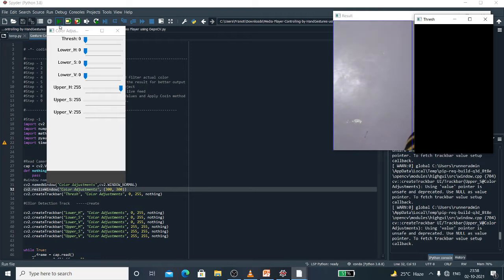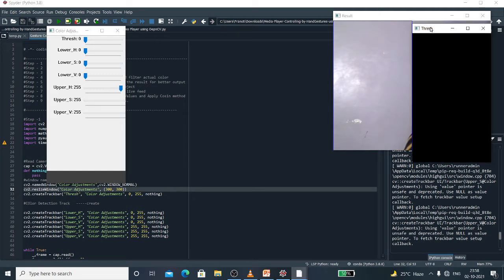As you can see, there are three screens on my window. This is the result window, where I have divided my entire window into two halves.